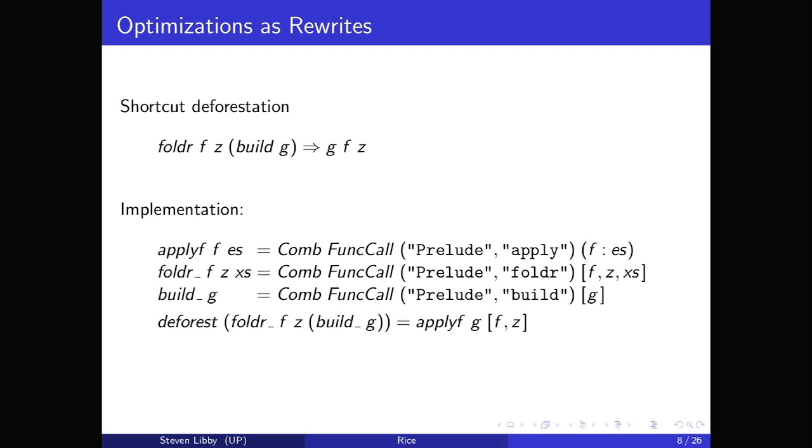And then I can just use the idea of functional patterns to say, oh, I have a foldr applied to a build, and it has to actually match these syntactic applications. And so then I can just replace this with apply g to f and z. And so this turns out to be a very useful way to write these